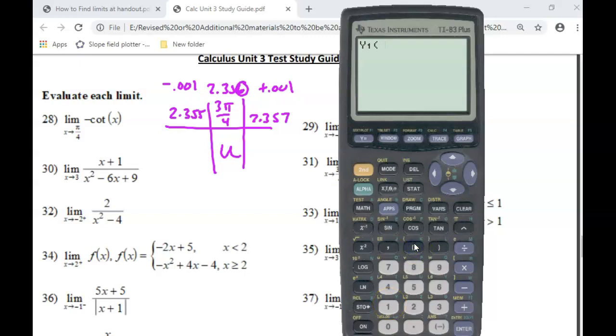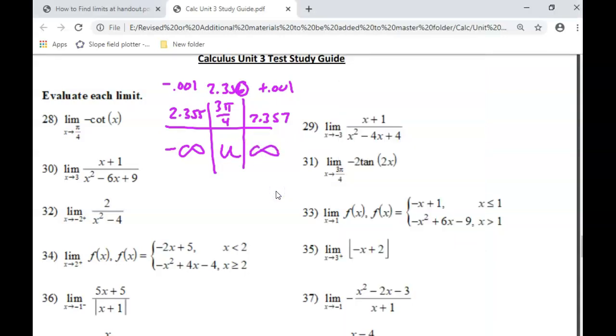We're going to plug in to the left 2.355. And I get a really big negative number, so we can assume it's going to negative infinity on the left. Let's see what's happening on the right. Second enter brings back the same expression, and this time I'm going to plug in 2.357, and I get a really big positive number. So on the left it's negative infinity, and on the right it's positive infinity, and therefore